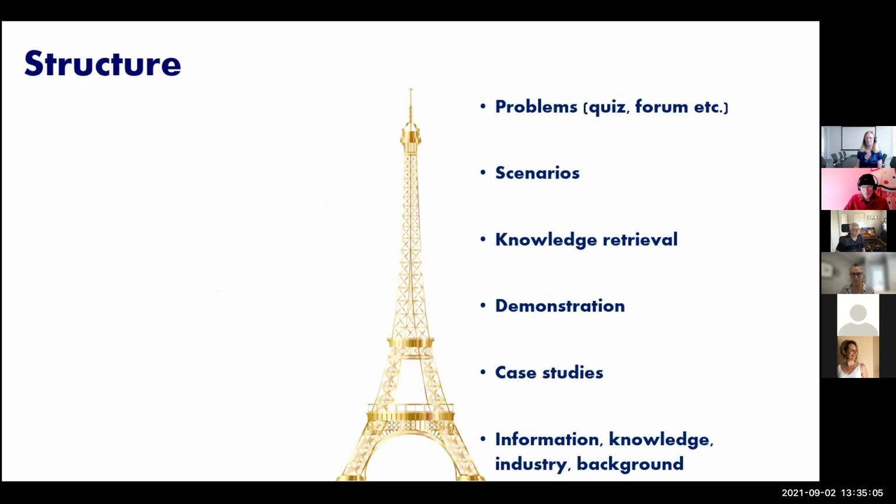So this slide is a little Eiffel Tower. Some of you probably climbed up it, I imagine. What we're suggesting here is that there are a few different forms of content. Often we have this material at the bottom: information, industry and background. When you read most third-party learner resources, a lot of our RTO resources, they're in that format, the information. So they're very dry and they don't have any applicability.